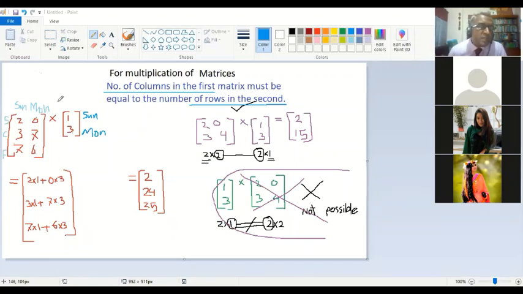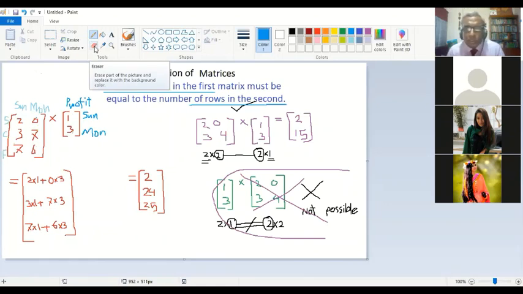The first matrix says the rows are Sprite, Coke, Fanta, and here the column is different. Say the column is profit. I'm just giving you one imaginary situation. It's not necessarily that it will be exactly the same all the time. The situation is, if I sell on Sunday the profit is 1 taka, and if I sell on Monday the profit is 3 taka. So what is the imaginary situation?